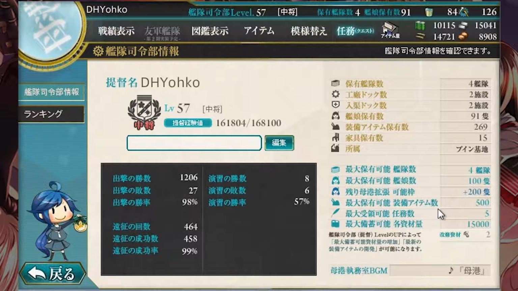The maximum amount of equipment you can have. This, I'm not really sure what that is. Pen. Not really sure what that is, but probably not that important. However, this one right here is your resource soft cap. This means